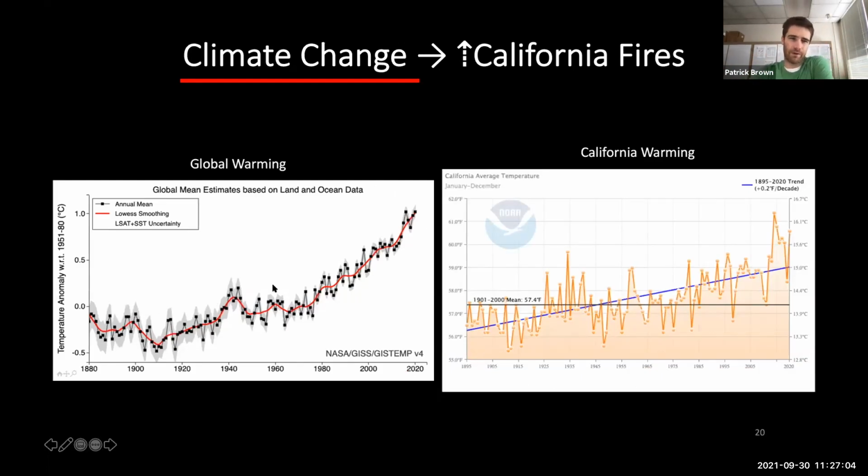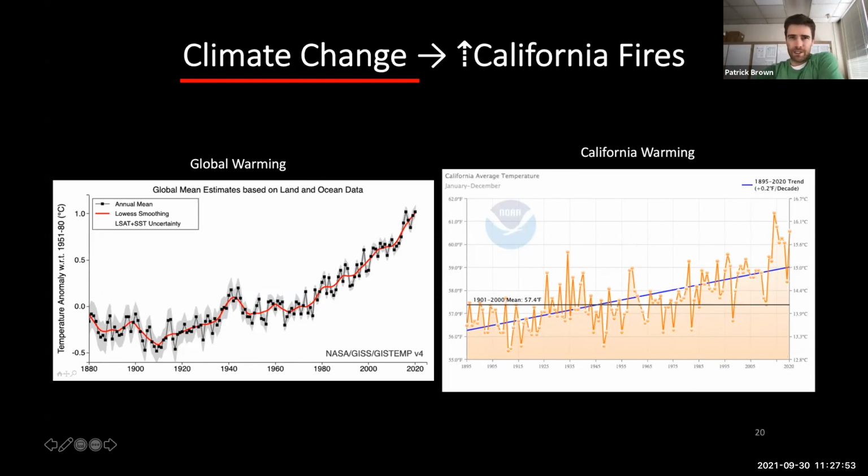The global average temperature has increased by 1.3 degrees Celsius. And if you look in California, we have Celsius over here, it's a little bit more than that. So if we say it was like 14 degrees Celsius in the 1920s, it's closer to 15.5 or 16 degrees Celsius now. So pretty similar. You can extrapolate what's happened globally to the local in most locations because it's global warming. We've seen those maps of it being pretty uniform. But that's just to say that California has warmed just as the globe has.